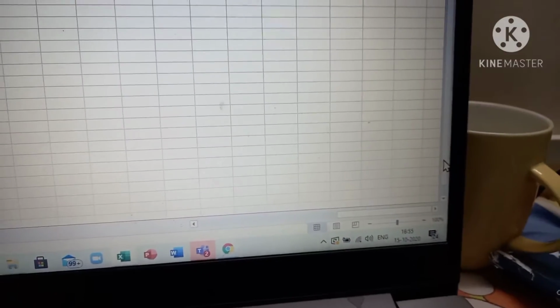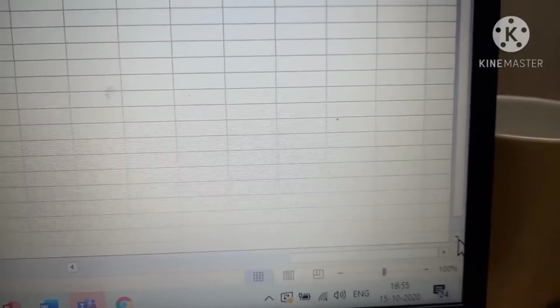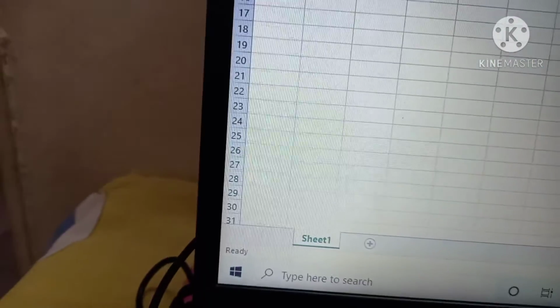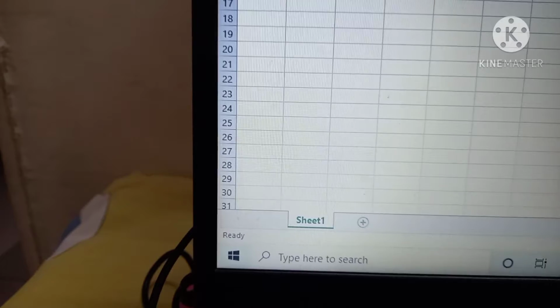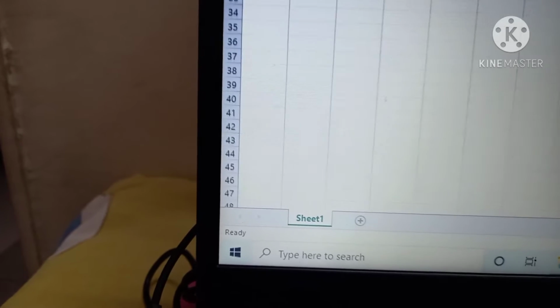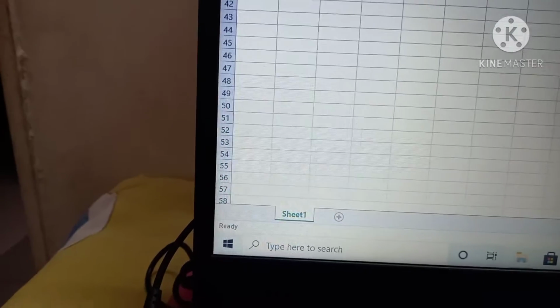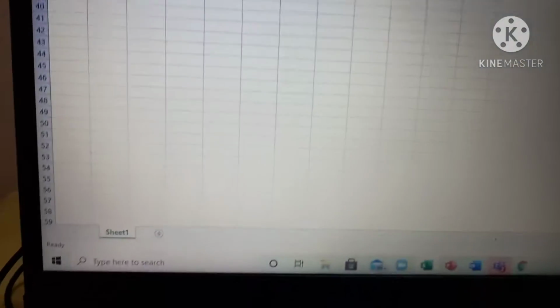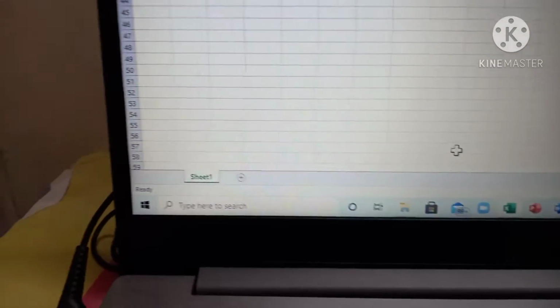Now supposing I want to go rows below, you see these small scrollers, horizontal and vertical. Now I will be clicking on the vertical arrow, and you see here what is the row number, 31. Now I am pressing with the help of the mouse on the vertical scroller. Okay, I am scrolling. I hope you all can hear that sound of the mouse. This is how you can move with the vertical scroller and the horizontal scroller.